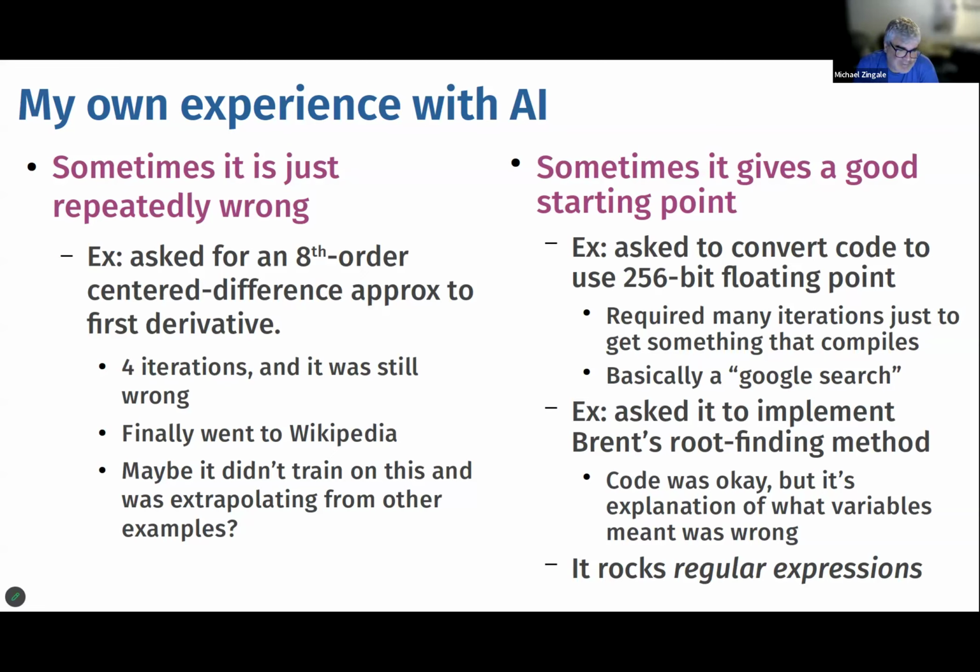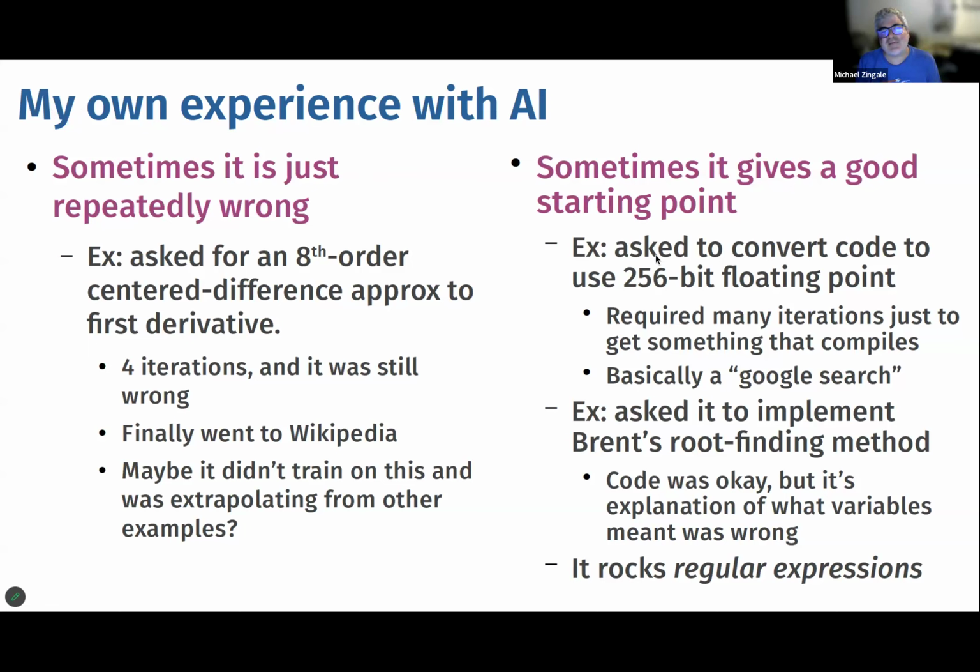And I said, are you sure about that? And it said, oh, you're right. And it gave me something else. And I had to do this 4 times, and it never got it right. Probably because not that many people write about this on the web, and so it wasn't trained. At one point, it said, oh, you're right, I got this wrong because I was just extrapolating from a lower method. So it wasn't actually deriving it. Wikipedia actually has it and has SymPy code that will generate it for arbitrary order. So that's really nice. And so this is an example of a task that failed and wasted quite a bit of my time.